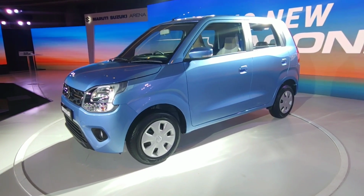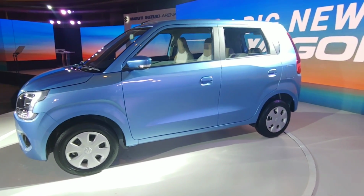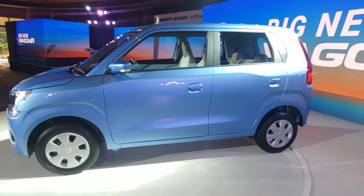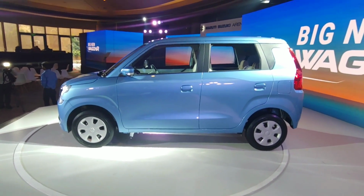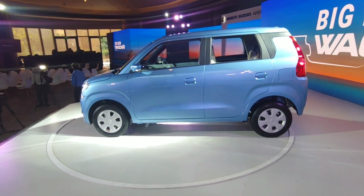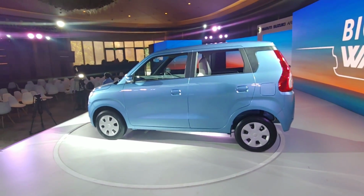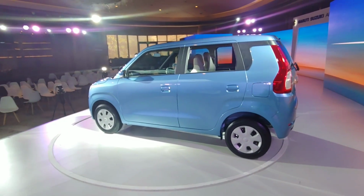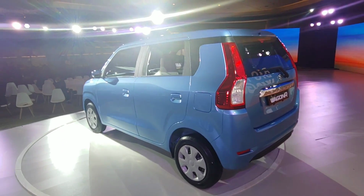Now this is the third generation Wagon R that has been launched in India, and prices start from 4.19 lakhs, while the top end variant costs 5.69 lakhs. Now it comes with three core variants, the Lxi, the Vxi and the Zxi,